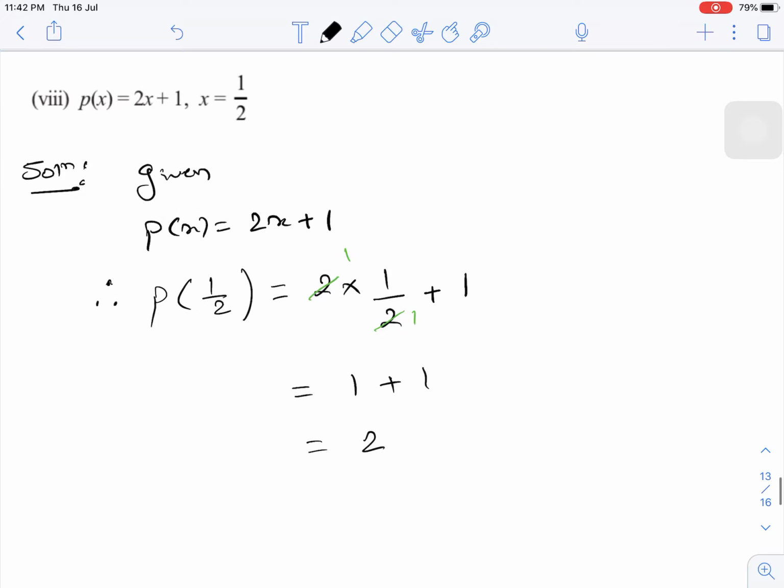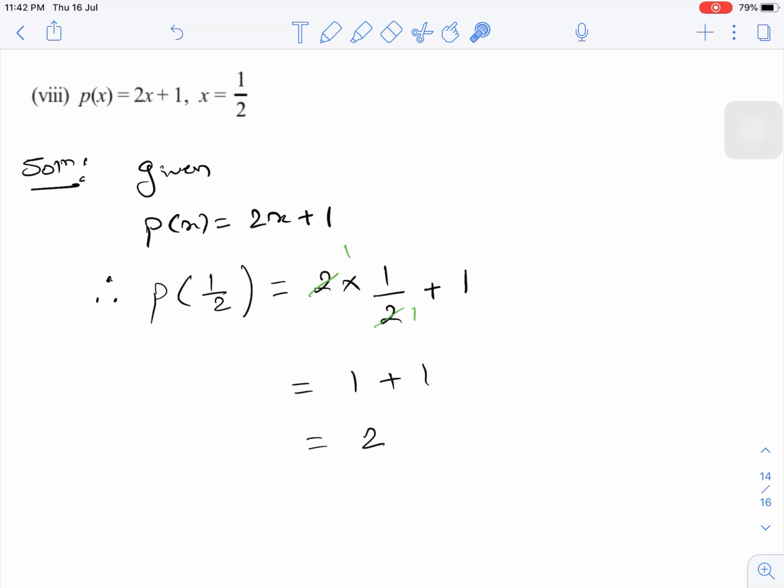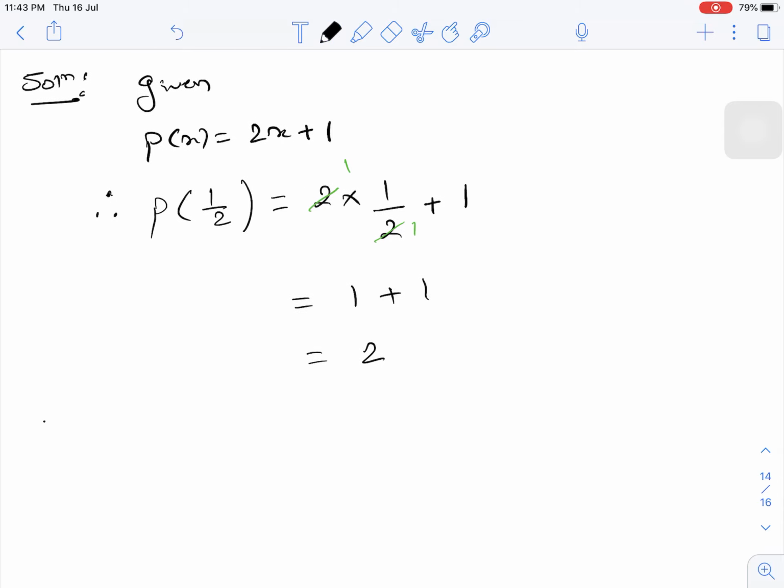Now listen carefully, when we are substituting the value of x as 1 upon 2, we are not getting the value of this polynomial as 0. So we will consider that x equals 1 upon 2 is not the 0 of the given polynomial. Let me write here, since p of 1 upon 2 is not equal to 0,